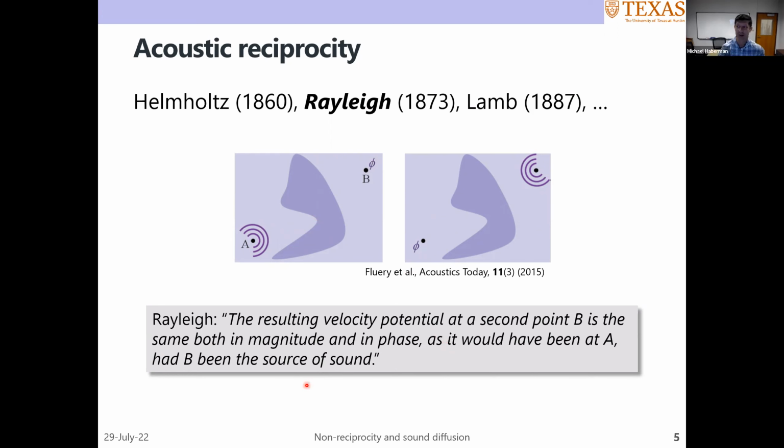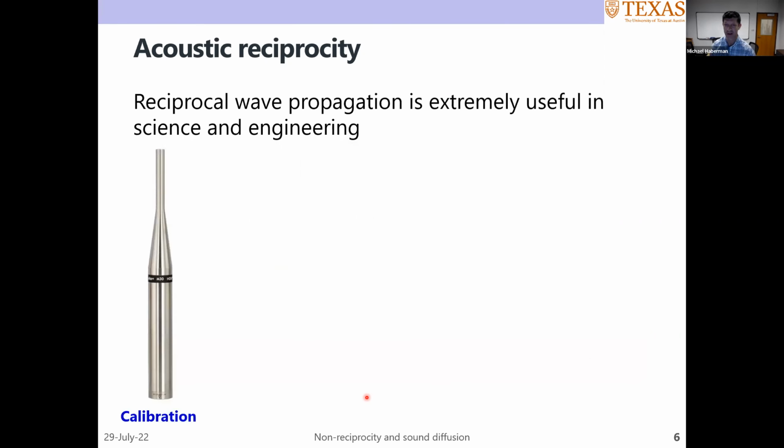So interchange of source and receiver in any linear passive medium leads to reciprocal sound transmission in both magnitude and phase. And so I wrote with Romain Fleury and Andrea Liu this paper almost 10 years ago at this point, where we talked about that in broad strokes and how it might be interesting to violate reciprocity. But from a more practical standpoint, it's worth remembering that reciprocity is first of all